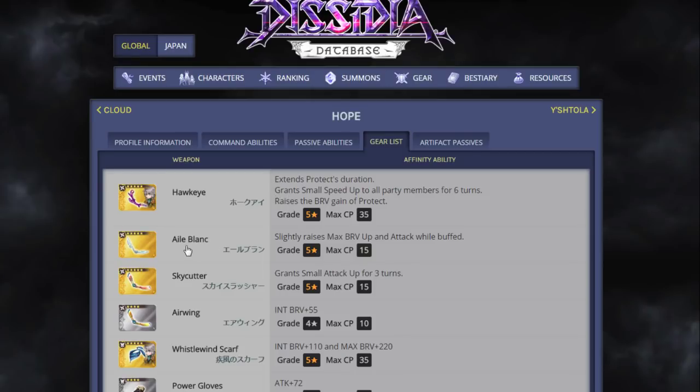So he's 35, and I guess we should also mention that he does have a summoning weapon, a different 15 CP, which also raises max bravery and attack while buffed. So that is also kind of nice to have if you are deciding whether to have Hope to be one